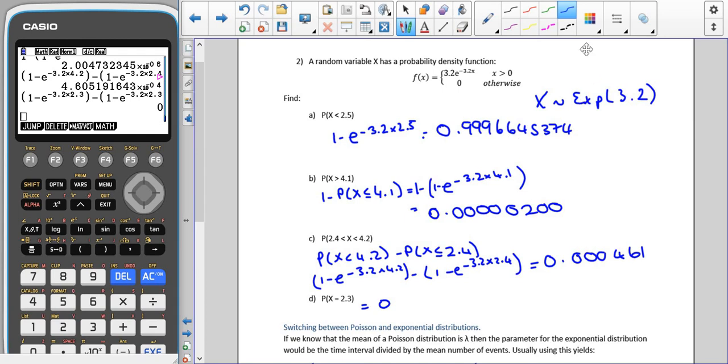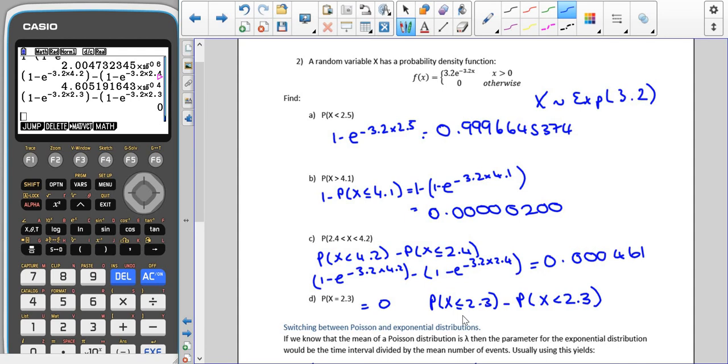So what I was putting in my calculator then, just to re-emphasise that, is I did the probability of x being less than or equal to 2.3 minus the probability that x was less than 2.3. So that all that would be left was the exact probability of getting 2.3. And as you can see, because we don't change our calculation at all, it ends up giving us 0. So this is the same as in the rectangular distribution, in the normal distribution. It's very important that you remember that.